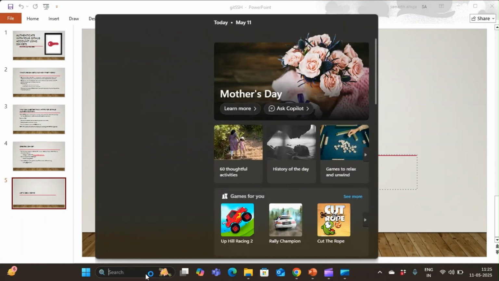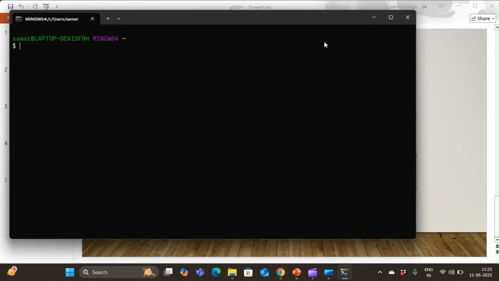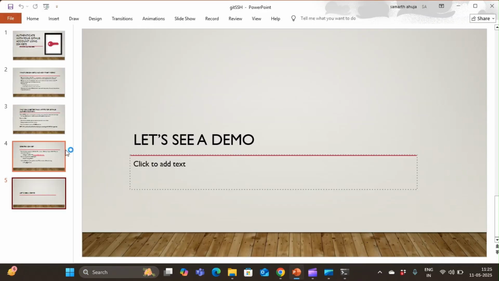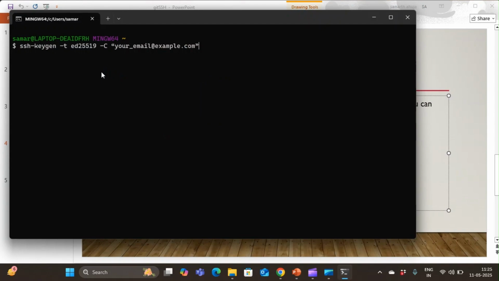So now I'll go to search and I'll search for Git Bash. Git Bash is the terminal that you get at the time of downloading Git, right? Now, as I said, what we need to do is use this command. I'll just go back, copy this command and put it here. Within this command, I'll include my correct email address,